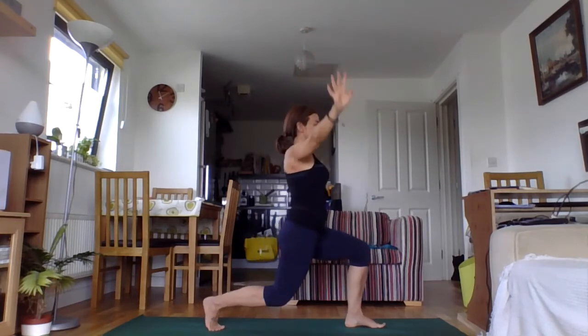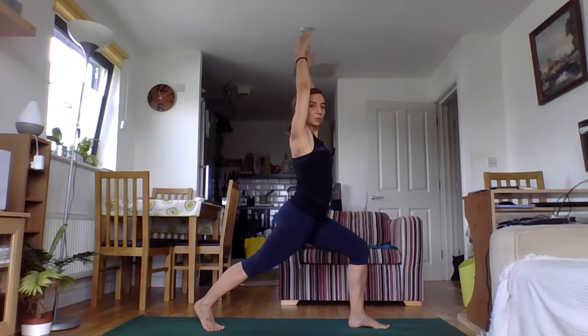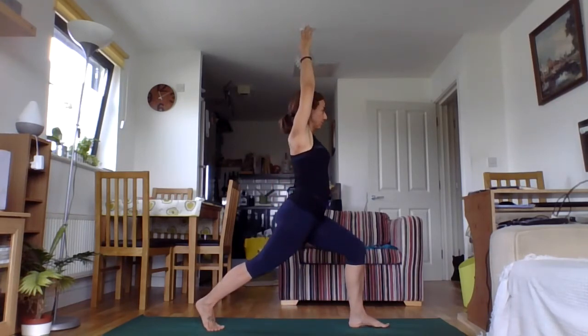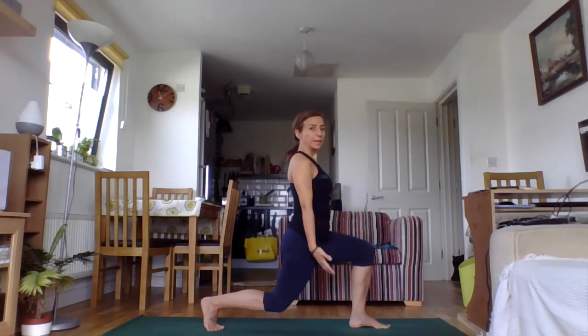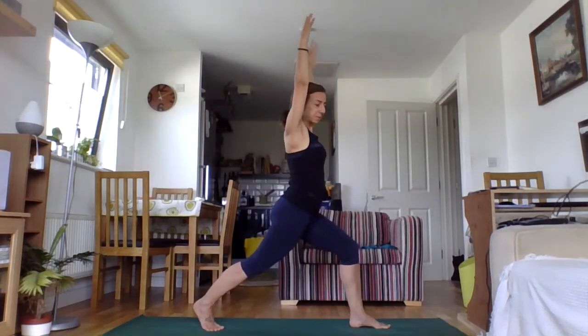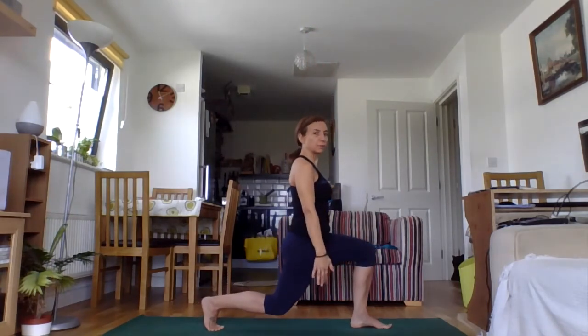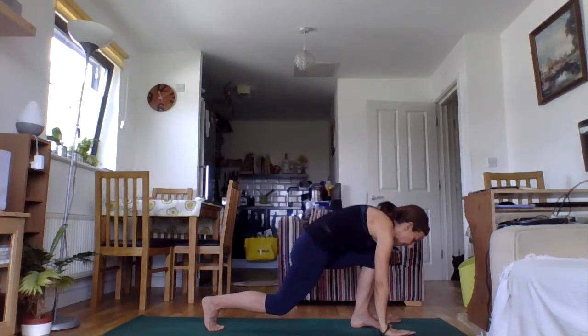On the exhale, dropping that knee down, hovering, and then lifting it up, straightening the leg. No bother with the front leg, it's just supporting us, back knee down, reaching up, keep rooting down through the front leg, exhaling down, and lifting up. And then the final time when we do come down, we're just going to hold here for a few breaths, keep rooting through that back leg, nice stretch in that hip flexor,